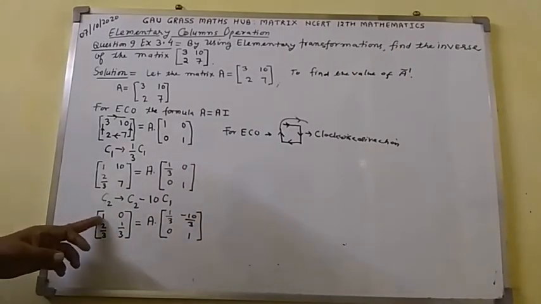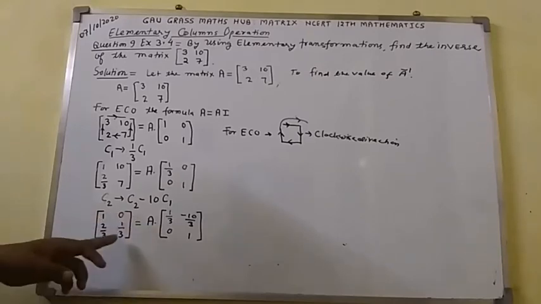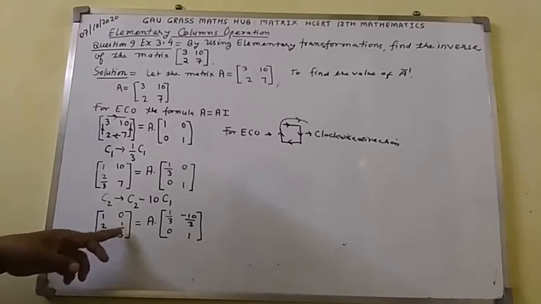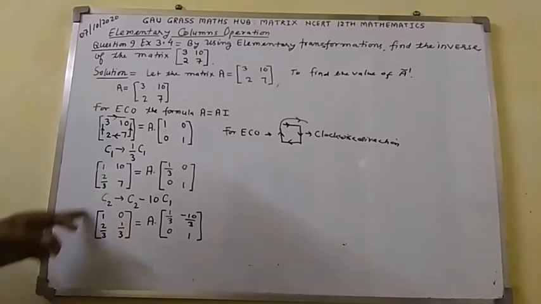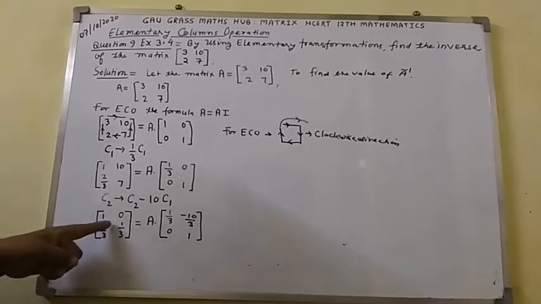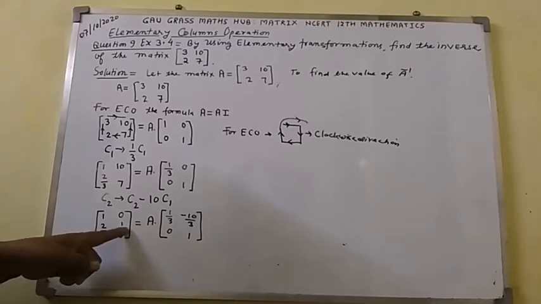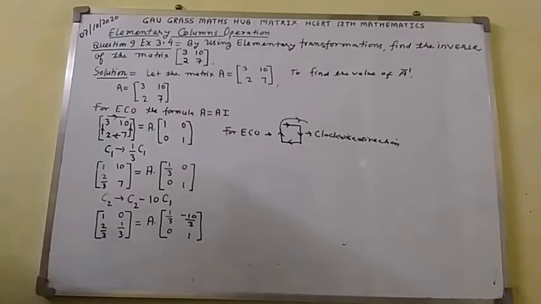So here you have got this. Now from this place we move to this place. This whole value will become 0, 1. 1 over 3 will become 1, because the whole matrix, you can see, is going to be an identity matrix. The elements in the principal diagonal must be 1. So here you must have got 1, so that 1, 1 will be the elements in the principal diagonal. So 1 over 3 will be converted into 1. How it will happen, let us see.